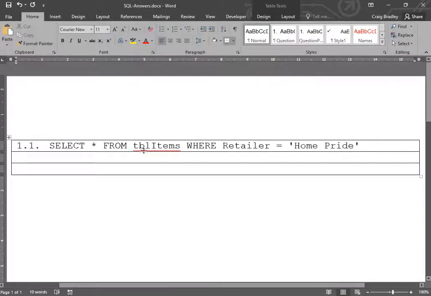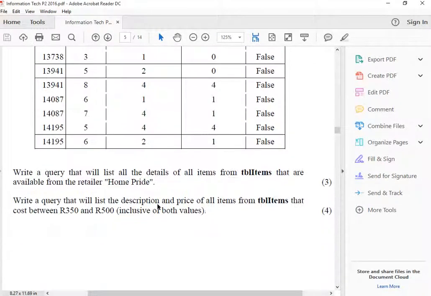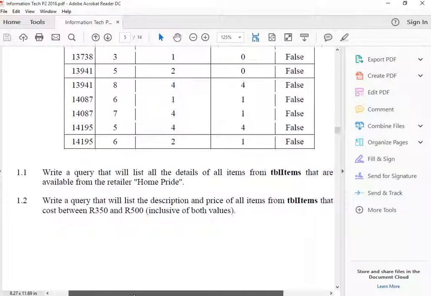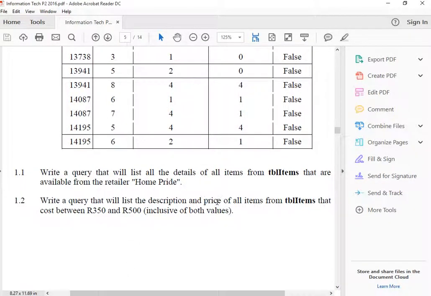Okay, so the first question was easy enough. It was just literally select star from retail, where retailer is Home Pride. That question was a simple question. We now move down to question 1.2, and it says write a query that will list the description and price